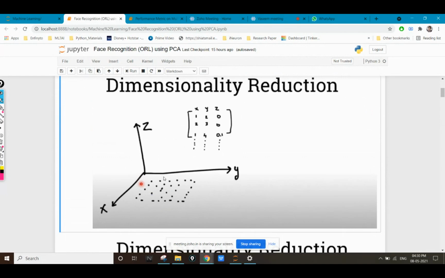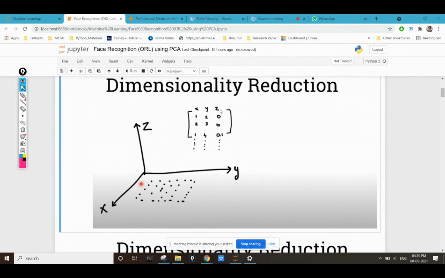Suppose we have some points which have x, y, and z axes. Okay, and x has some position value, y has some position value, and z has some position value. Most of the values of z are 0, only some values are 0.1 or 0.2. So if I ask you to reduce one of the dimensions, just delete one dimension, so that we have minimum amount of information loss, which dimension are you going to delete?